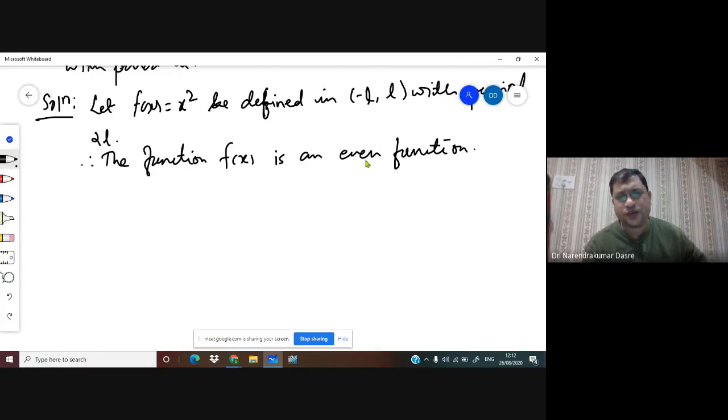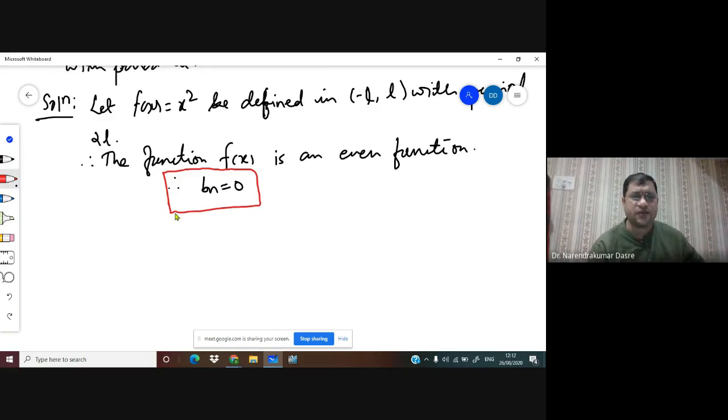So the function f of x is an even function. And what is the result for the even function? bn is equal to 0. So if we know that the function is an even function, then we don't have to calculate bn. Directly we can say bn is equal to 0. And hence what we can write is the Fourier series expansion